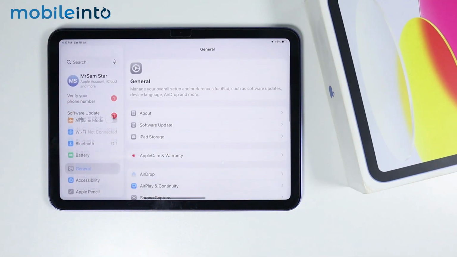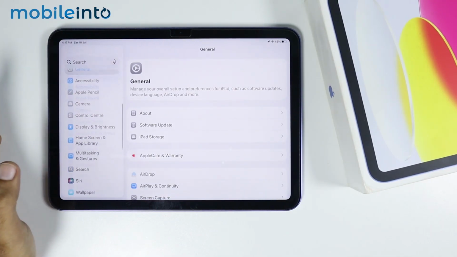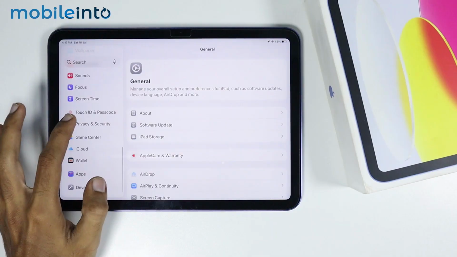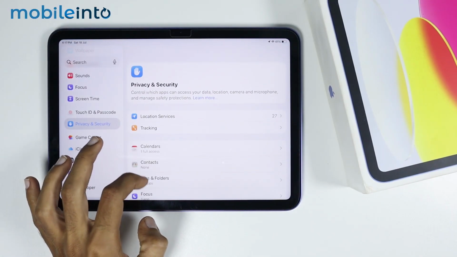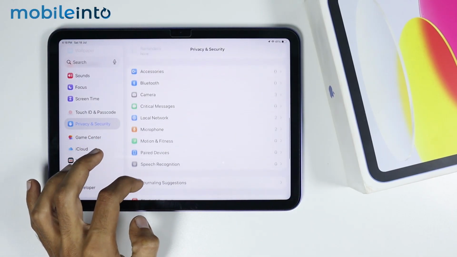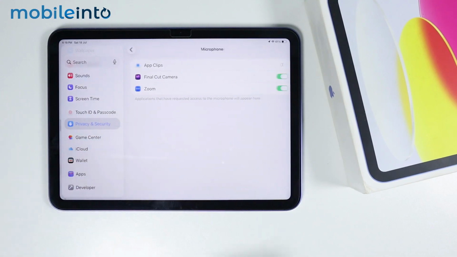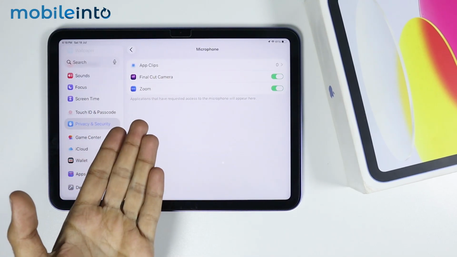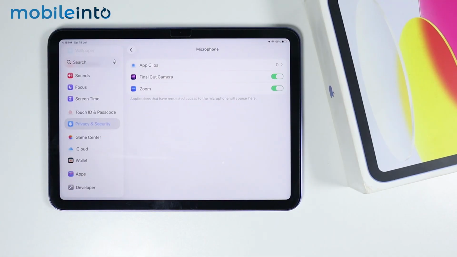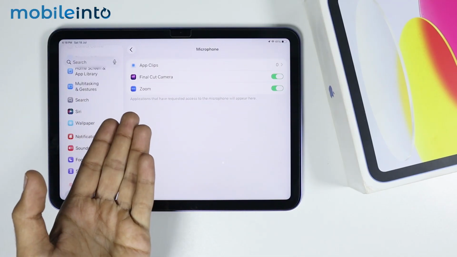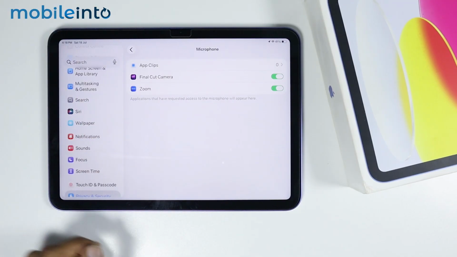For that, just go back to Settings, and under Settings, just scroll down and tap on Privacy and Security. From here, just scroll down a bit, and you will find the option for microphone. Now just tap on it, and from here, just look for the FaceTime app and make sure that the toggle for FaceTime is enabled. Now if the toggle for FaceTime is not available over here, then for that, in the